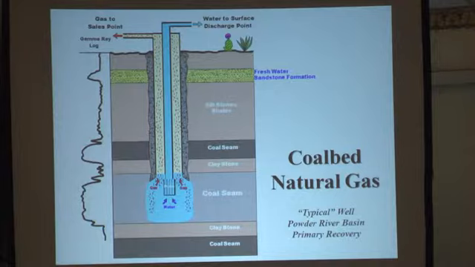But here, it's also helpful to see the different formations. Sometimes the coal seams aren't thick enough to be economically produced. There's claystone. Some of these actually seal off these formations. So claystone keeps this gas from continuing to go up, and it keeps the water from continuing to go up.